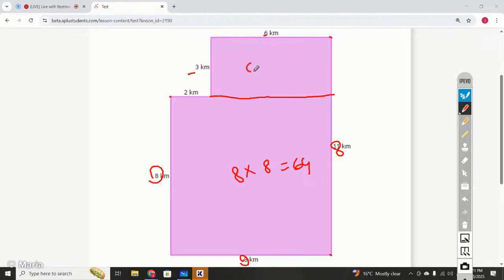The second one has these side lengths, that is 6 times 3, that is 18. So 18 plus 64 makes,